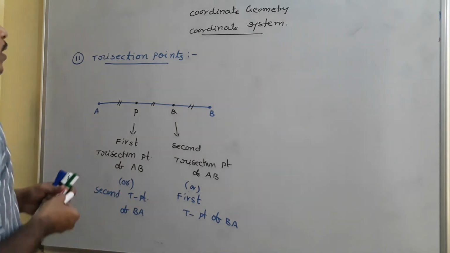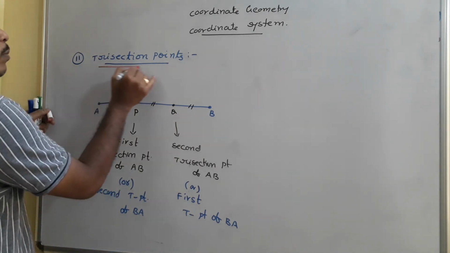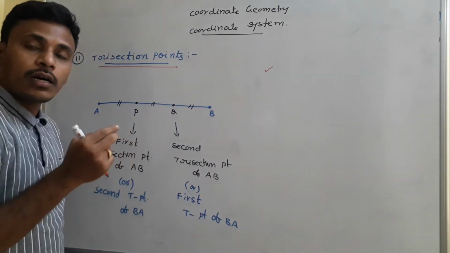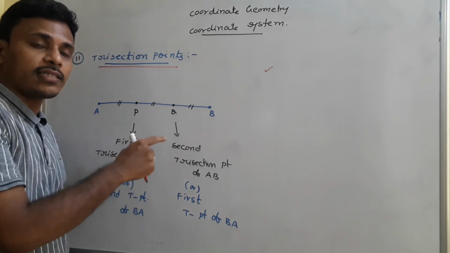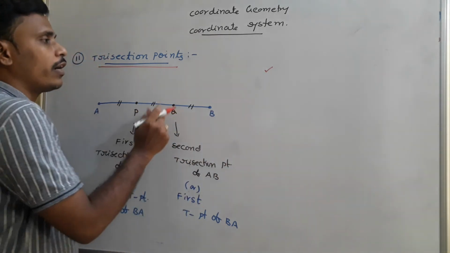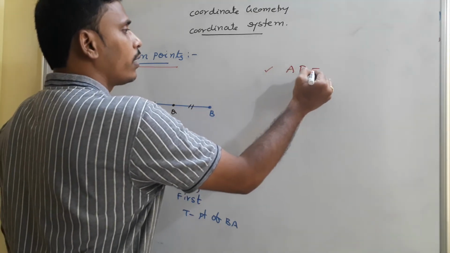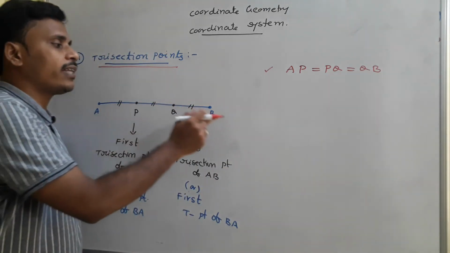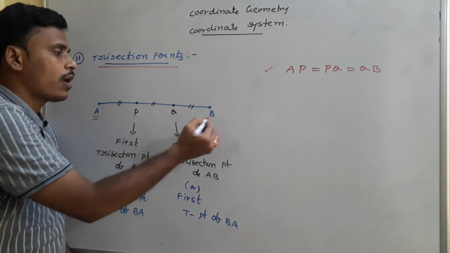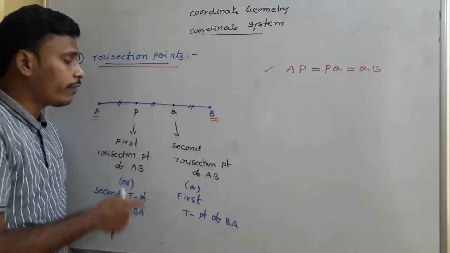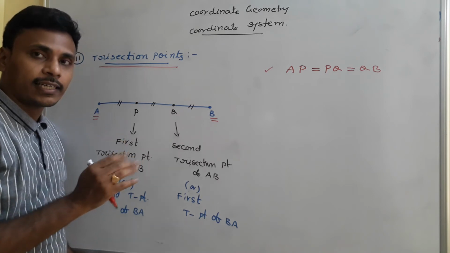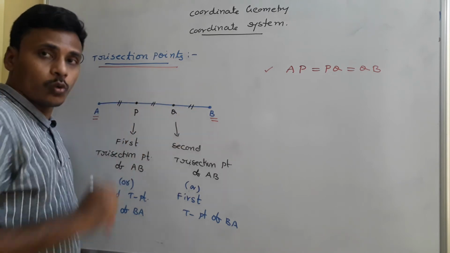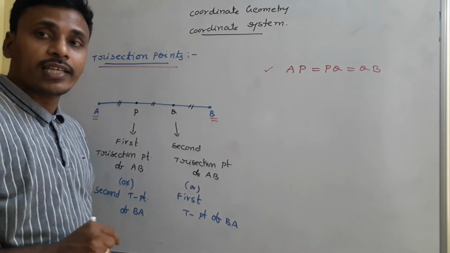Trisection points. Okay, so before we mentioned the midpoint, now it is the turn of trisection points. Trisection points, in the sense, if we have any 2 points which divide the line segment into 3 equal parts, like P and Q. Here if you observe, AP is equal to PQ is equal to QB. Basically we have the line segment AB. On this we need to locate 2 points P and Q such that AP is equal to PQ is equal to QB, then we call those 2 points trisection points,